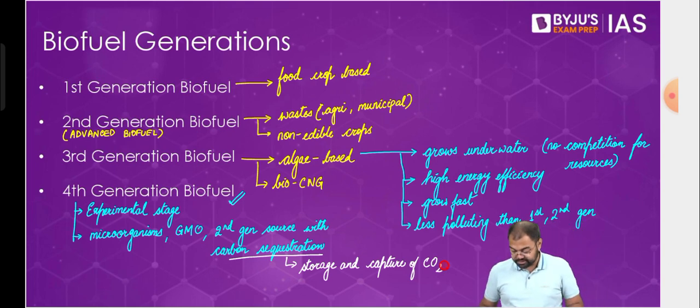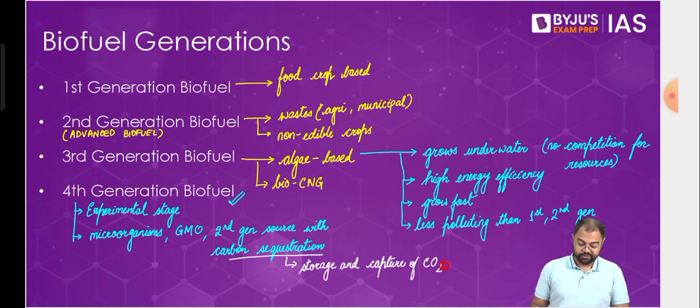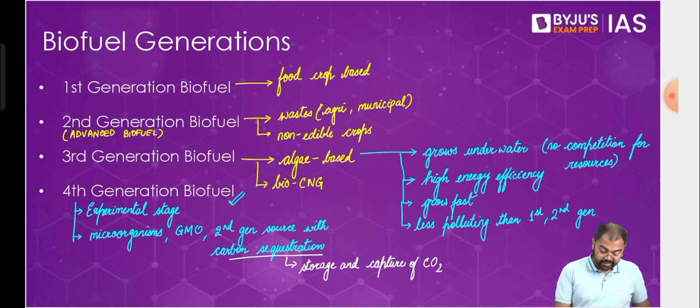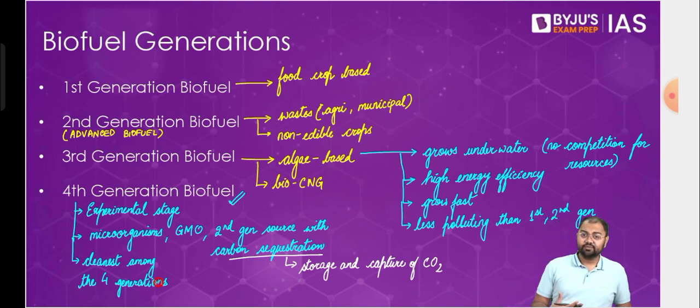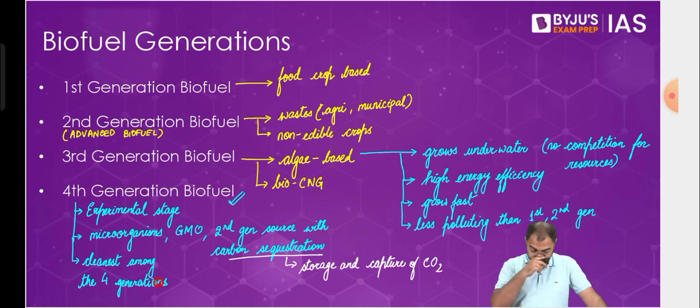Now overall, carbon sequestration will be used so that it becomes a cleaner source of energy for us. The whole idea behind the fourth generation is that it should be the cleanest among the four generations. So that is basically what we see with the fourth generation. Right now it is at an experimental stage, and it is something that we want to change. And maybe in the future, if we find something concrete where commercially it will be viable, then it perhaps will become a part of our discussion more.